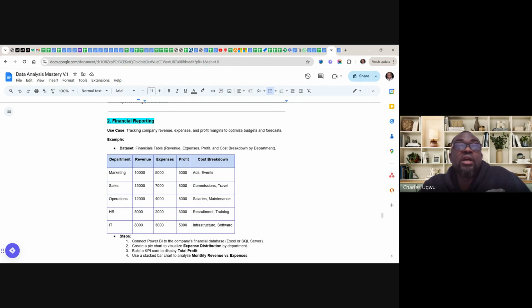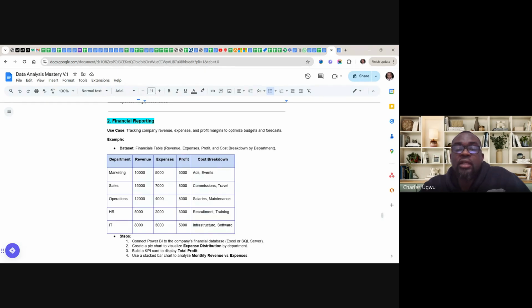Most companies you are seeing, no matter how big they are, all these big giants, even Microsoft, Facebook, Google, it's all about revenue. It's all about expenditure. It's all about profit. It's all about cost in various things, various project cost breakdown, salaries, infrastructures. That is finance. That's what they deal with.